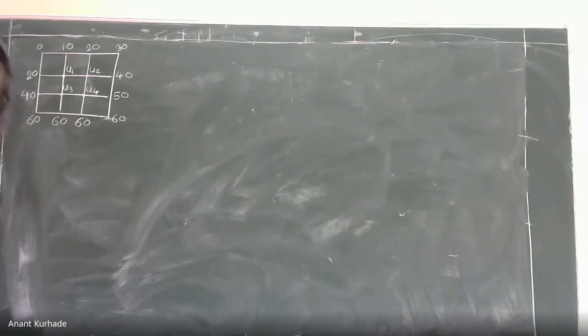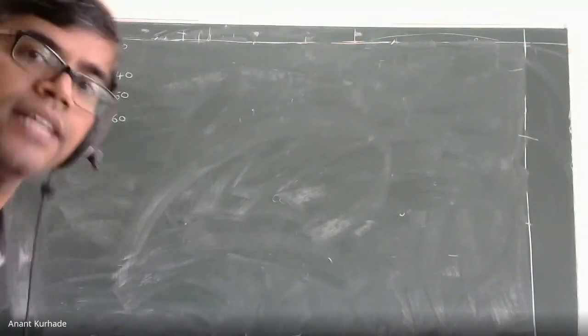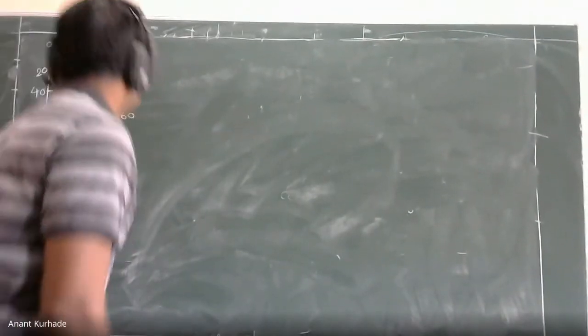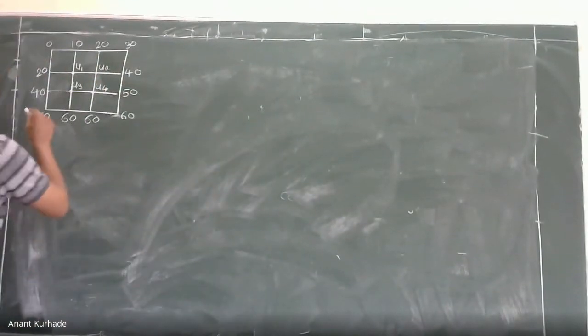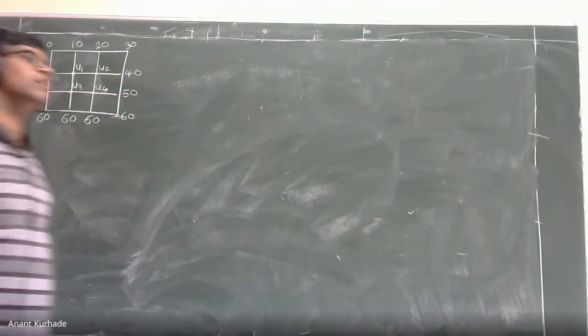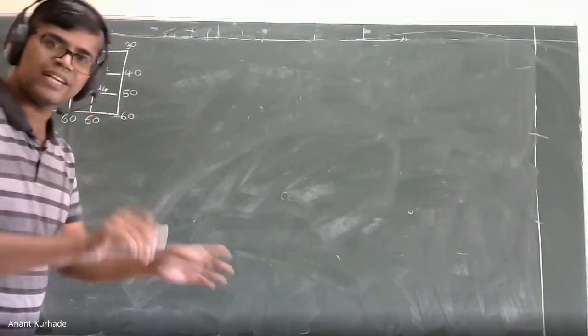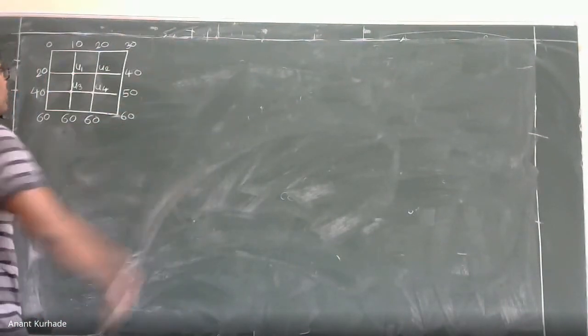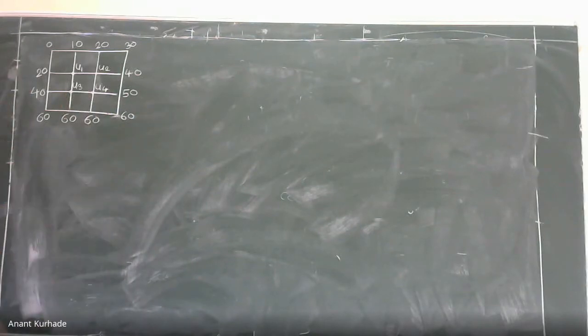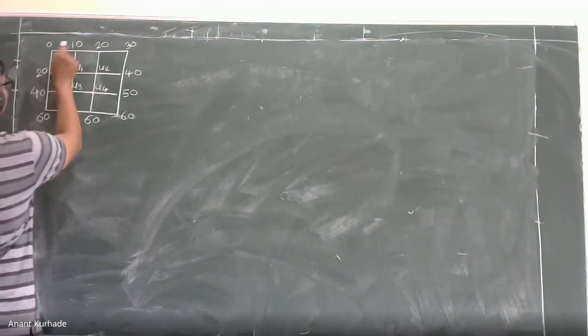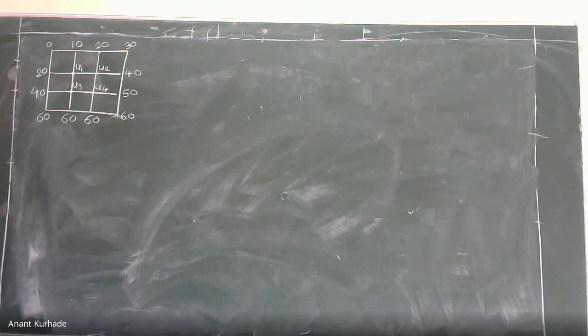Yes, sir. Okay, start. When you are solving, please draw as it is. Don't use a scale and all. Just draw a square, just draw vertical and horizontal lines. But while writing these numbers, be careful. Once you have written, please cross check.